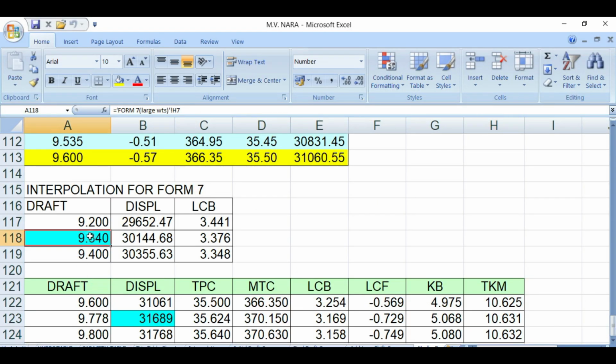So you put here 10 meters, and you will have the displacement of 32478.